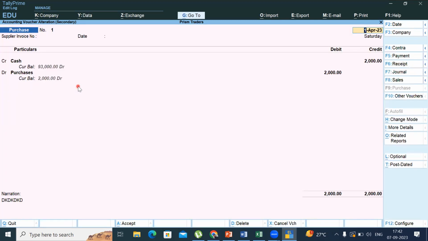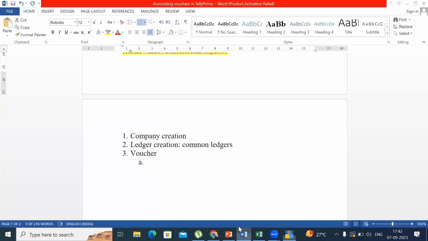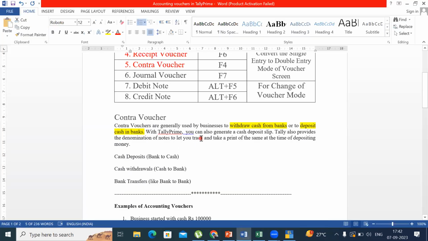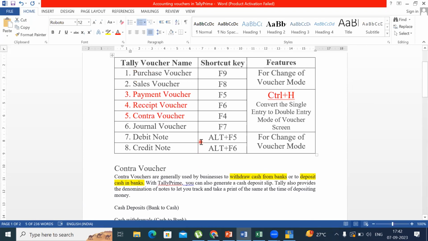So these are the vouchers, and how to maintain the voucher transactions for all the accounting vouchers. So guys, I think it is understood very clearly. These accounting vouchers are purely of 8 types, with their shortcut keys and the change of voucher modes. This is the voucher transactions. So how to record all the voucher transactions in